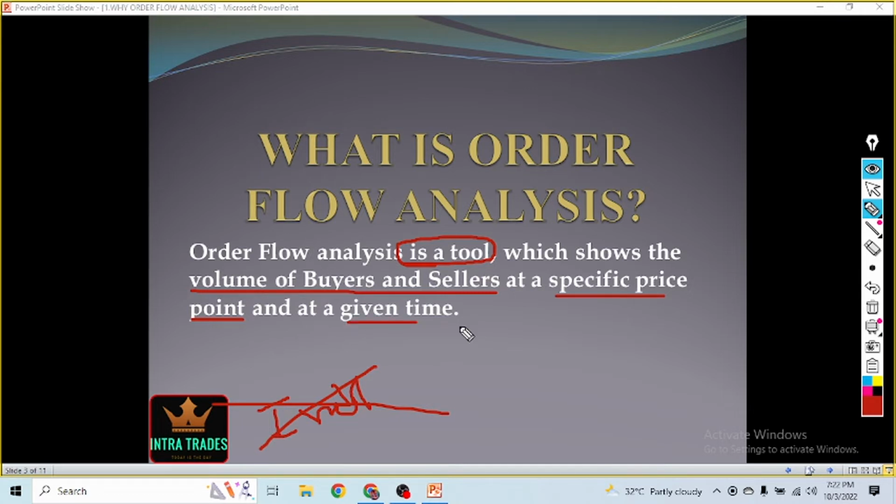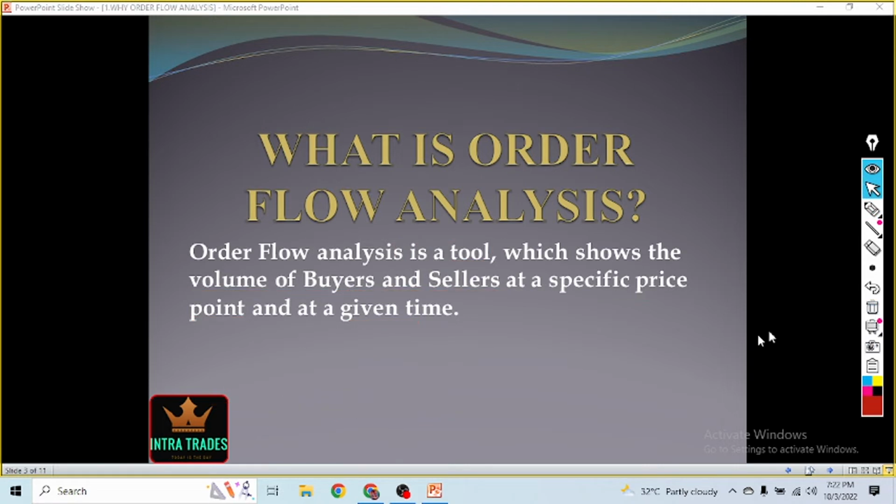And time. What I need to explain in this slide is that order flow analysis is a volume based tool. It will show you the total of buying and selling orders which got executed at a particular price level in your selected time frame. This is what order flow analysis is. Now next,